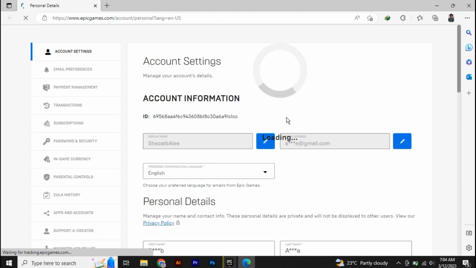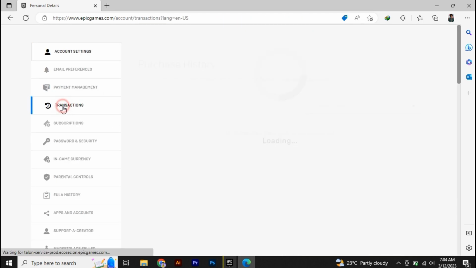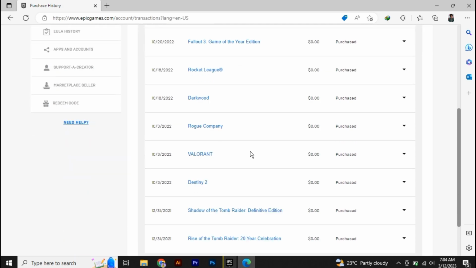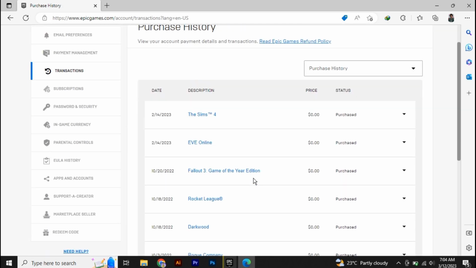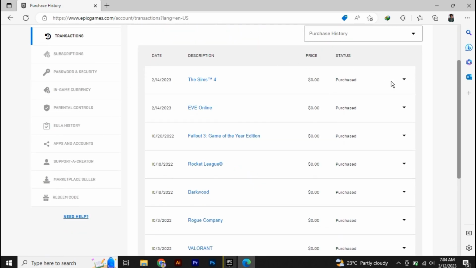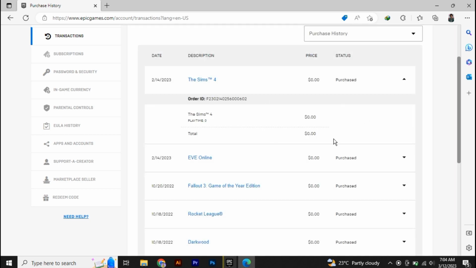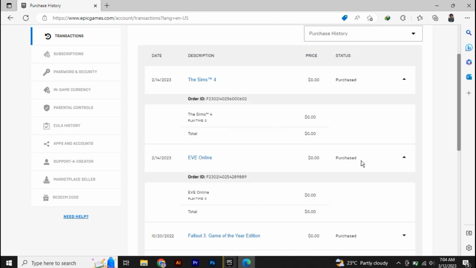And in the account settings, now you're gonna go to transactions, and here you can see these all are the purchases which I have made from Epic Games. But you can see these all are the free games which I have got. But if you have paid some bucks to Epic Games, over here you will get a refund option on that